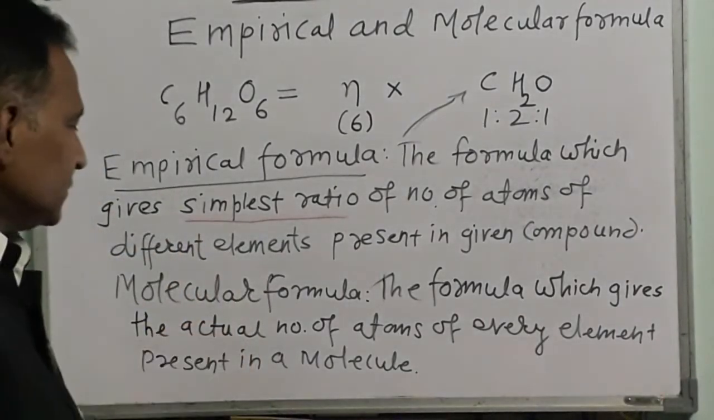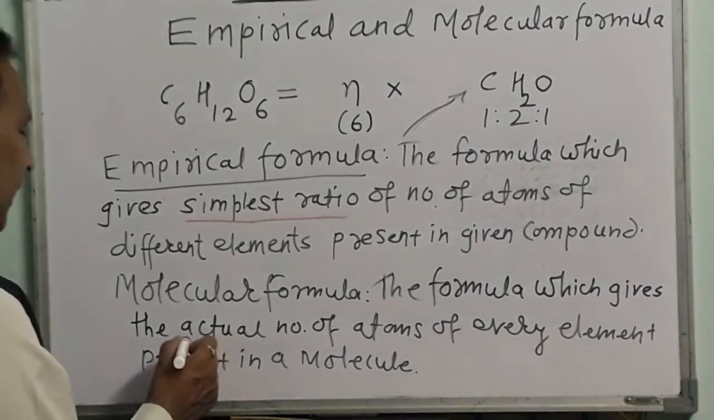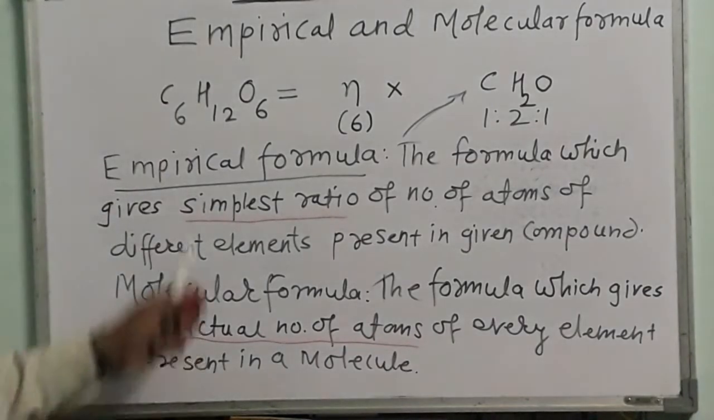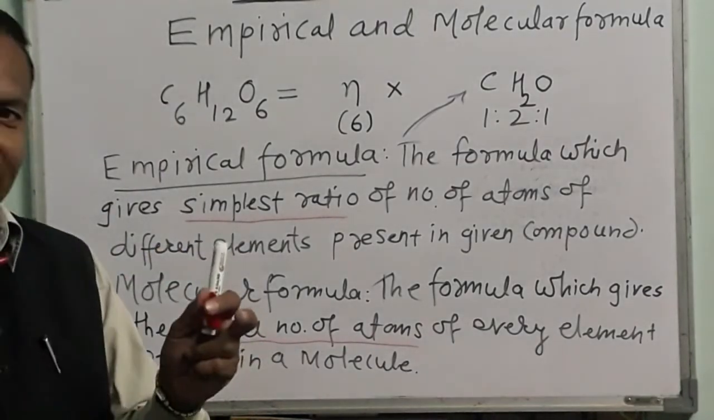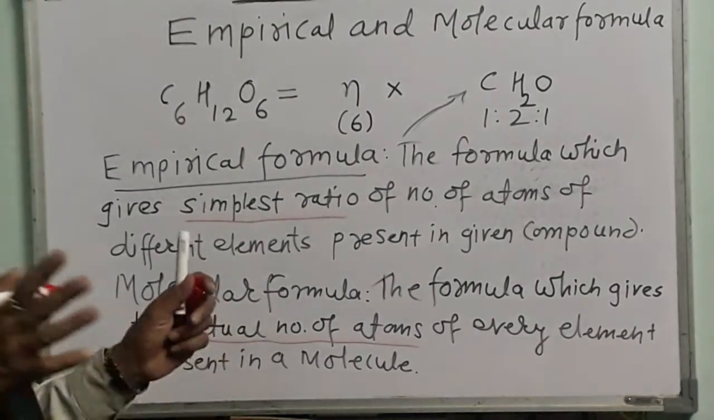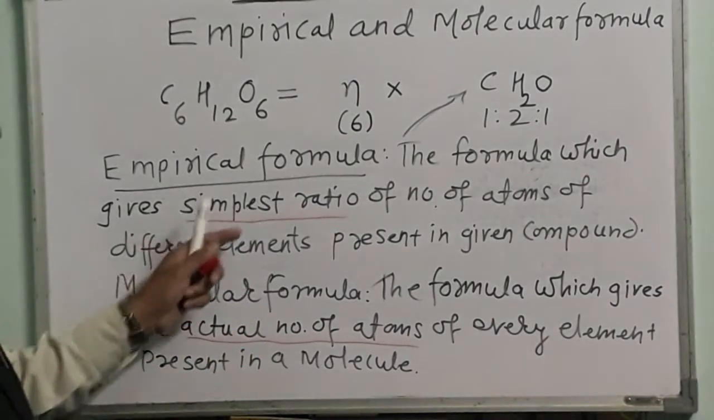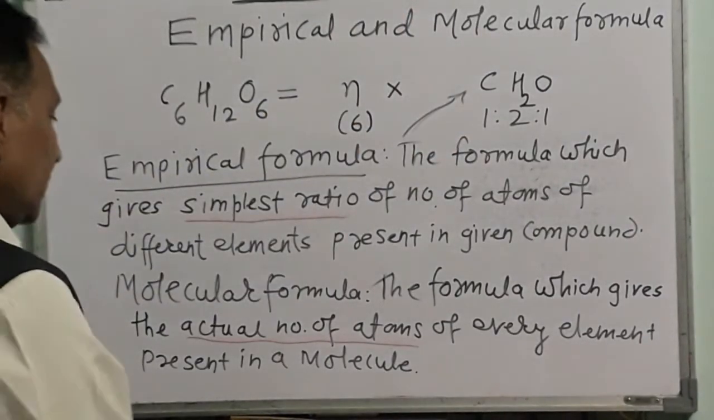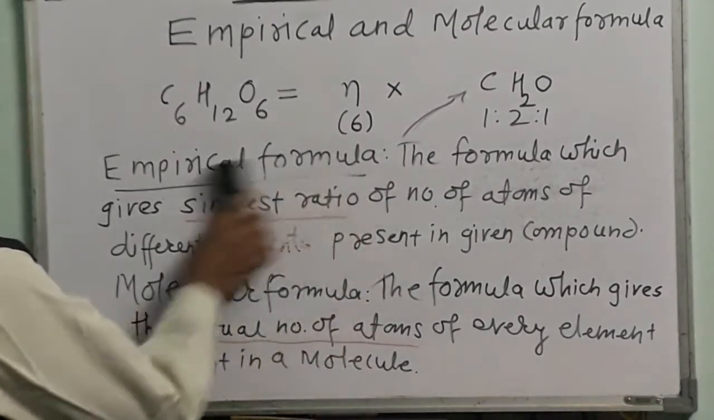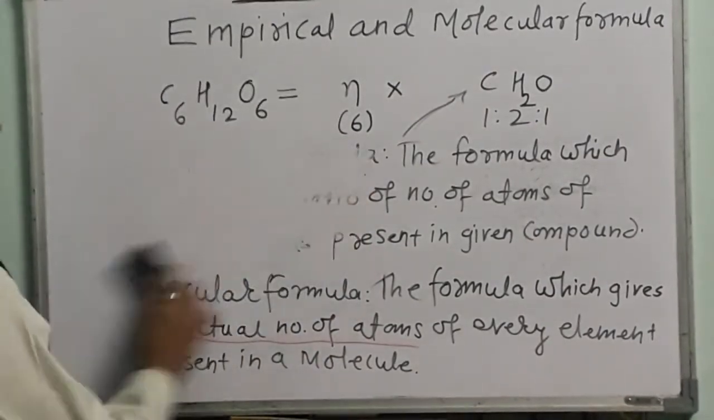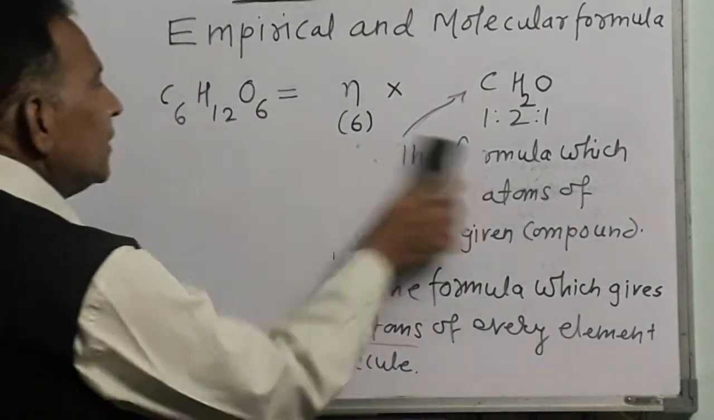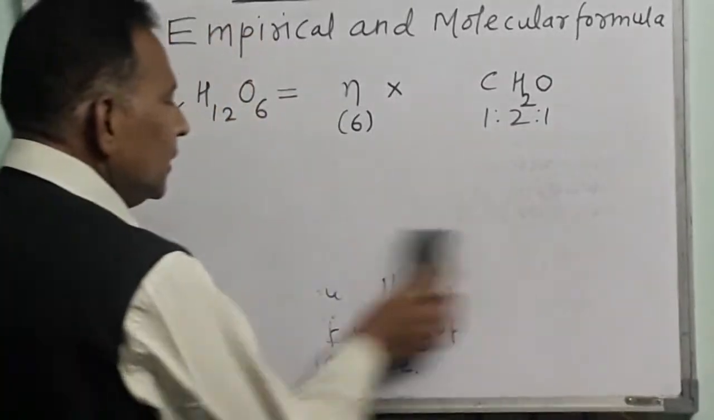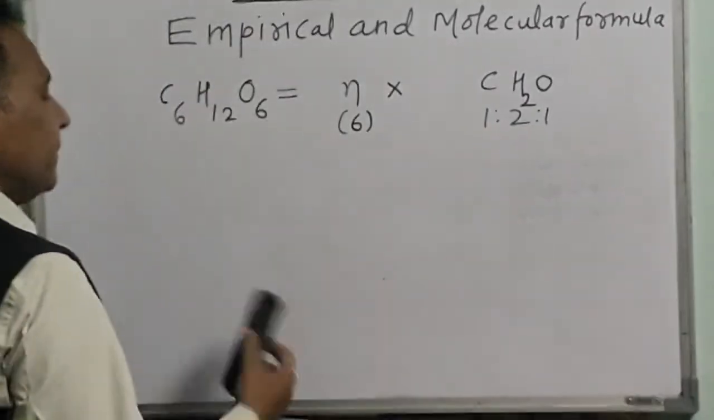Molecular formula, it gives the actual number of atoms, कितने atoms कार्बन के हैं, कितने atoms हाइड्रोजन के हैं और कितने atoms ऑक्सीजन के हैं. So that actual number is indicated in molecular formula, and in empirical formula, the simplest ratio of number of atoms of different elements is furnished or given. So दोस्तों अभी कुछ लिस्ट बनाते हैं डिफरेंट कंपाउंड्स हैविंग इंपिरिकल फॉर्मूला एंड मोलिकुलर फॉर्मूला।